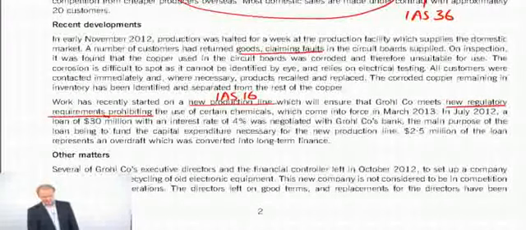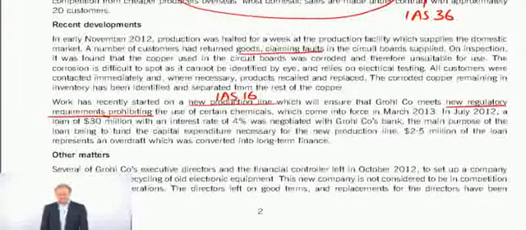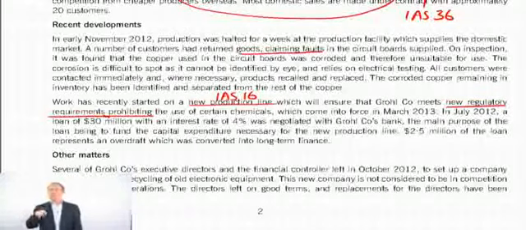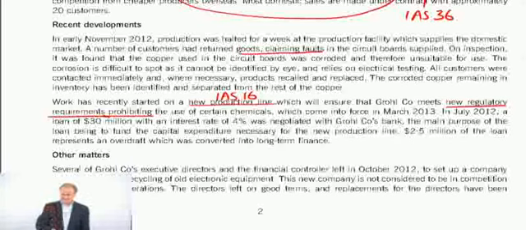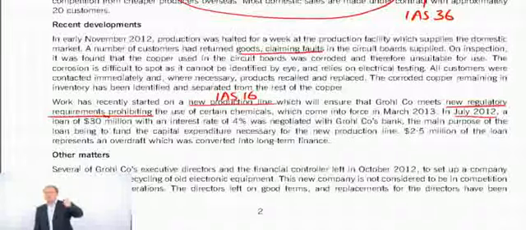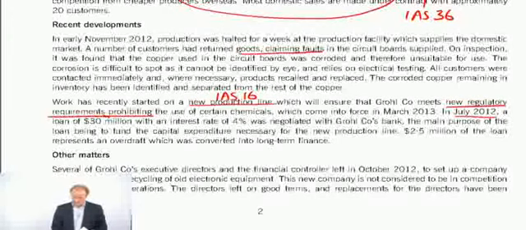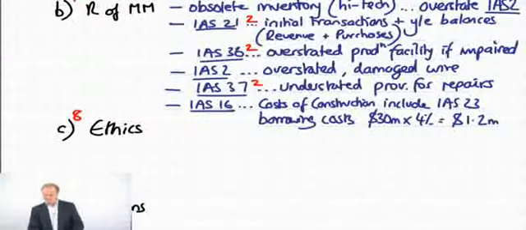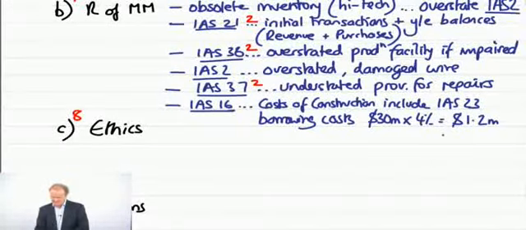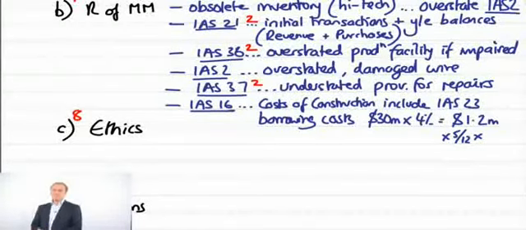£2.5 million of the loan represents an overdraft which was converted into long-term finance. So, not all the loan is to finance the construction. I've also just noticed the loan was taken out in July, August, September, October, November. So 5/12 of the year. So it's not a full year's interest. So coming back to the answer, it's not 1.2 million, it's 1.2 million times 5/12, which is 500,000, times